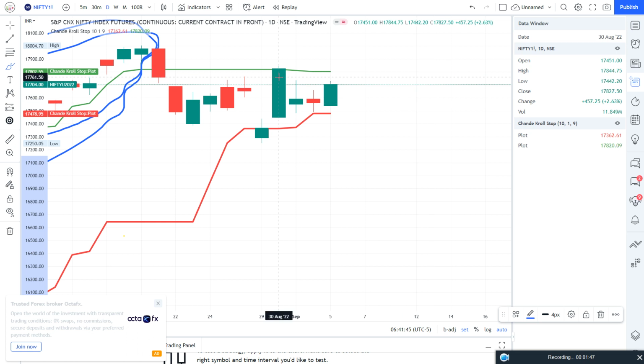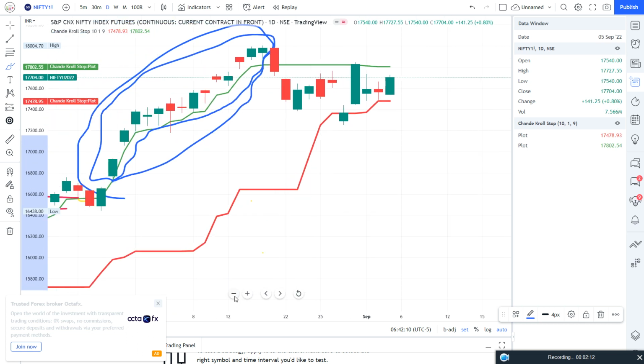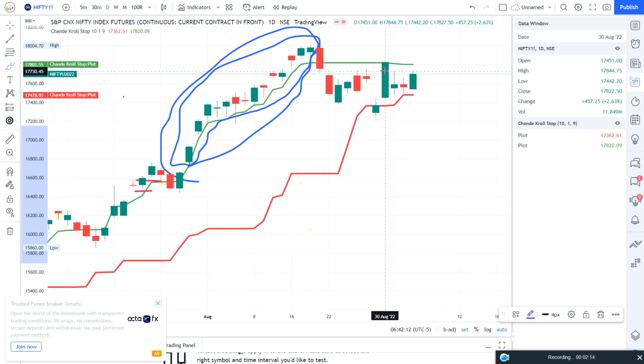So if Nifty crosses this high, this is called above 17844.75, we can get the big bull run, or we can get the big upward movement, right? And below this low 17442, we can get the breakout downside, right? So remember this level, you can write down. The lower level is 17442.20. We can consider this level as the acid test level or amazing support level for the Nifty. But if Nifty crosses 17844.75, then we can meet with the bullish blast.